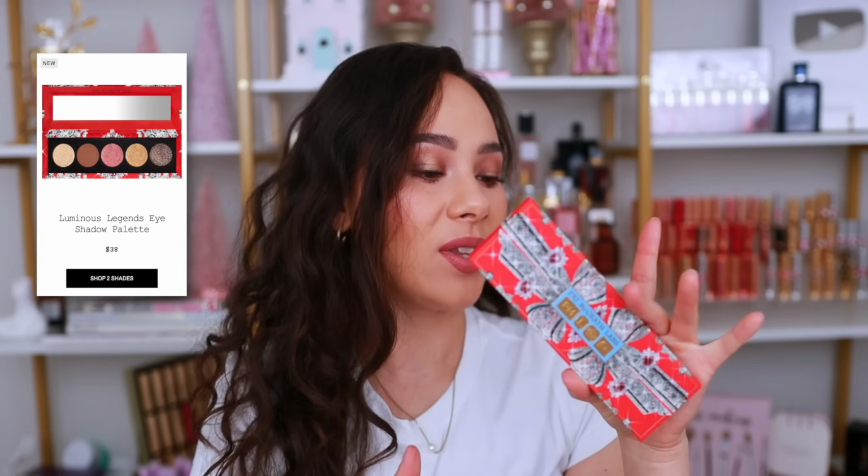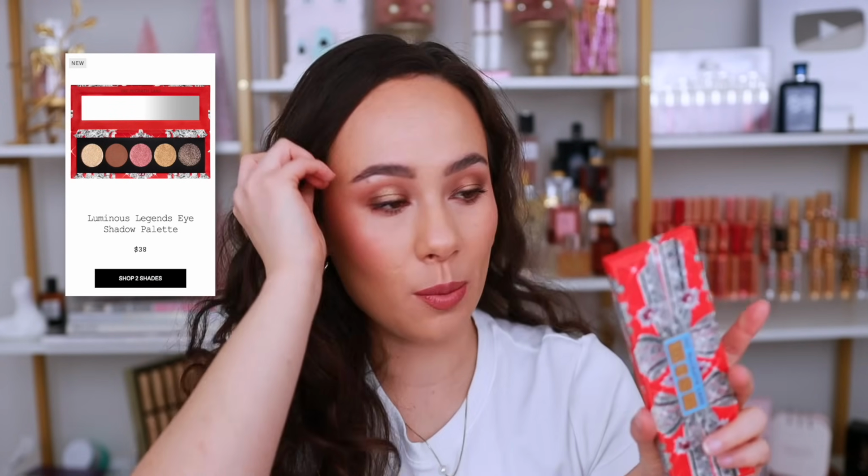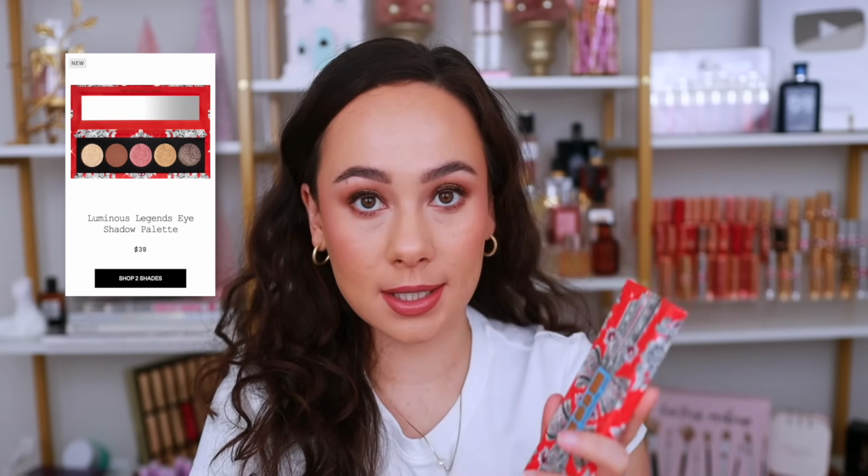Let's get into them. Starting off at number 14, the worst palette that I've tried in the last couple of months is from Pat McGrath Labs. This is the Luminous Legends eyeshadow palette Starfall Seduction. These weren't sold at Sephora, so that's why the big palette was in that rankings and the small ones are not. Now I will say, just for reference, in terms of the Pat McGrath holiday collection, the big palette is